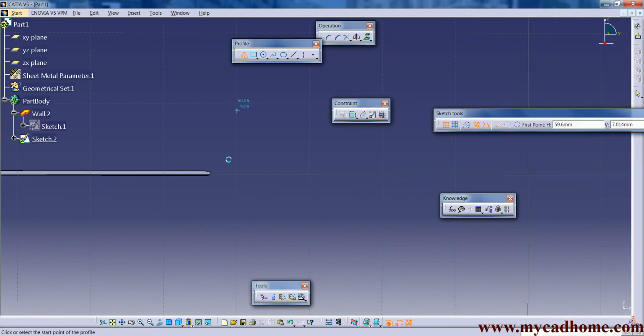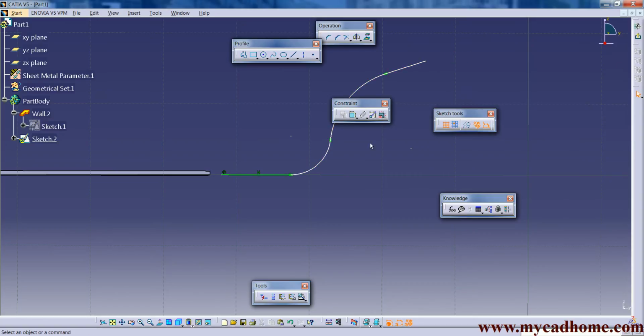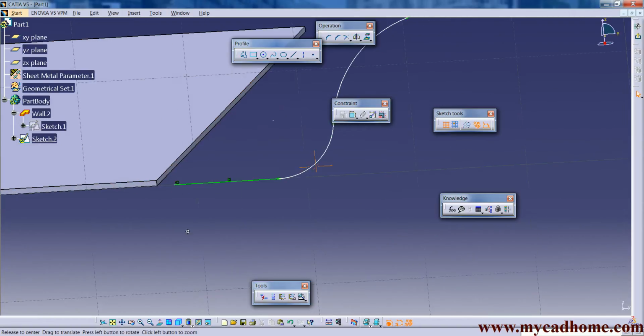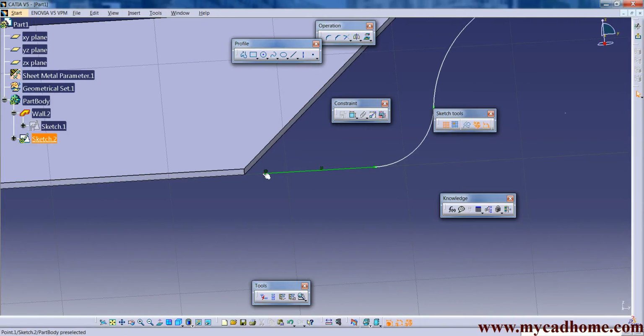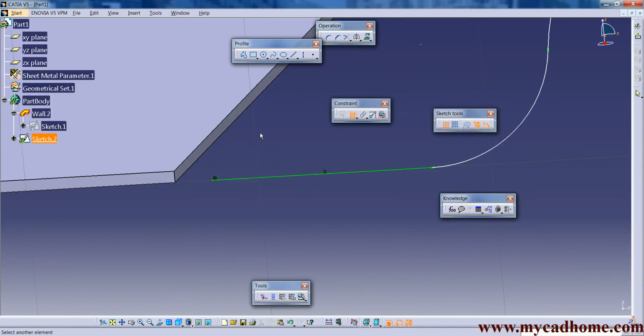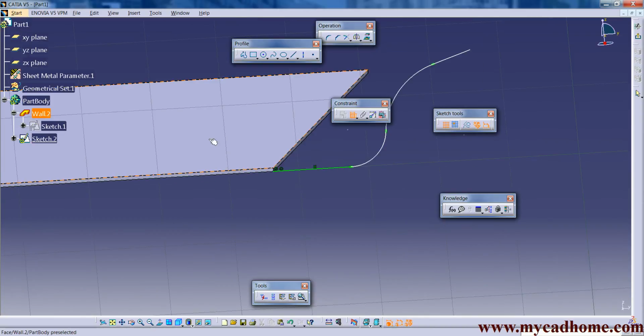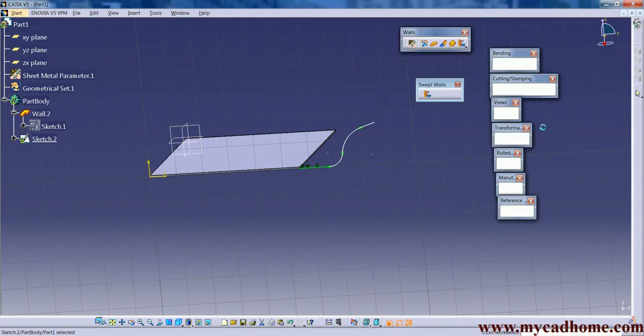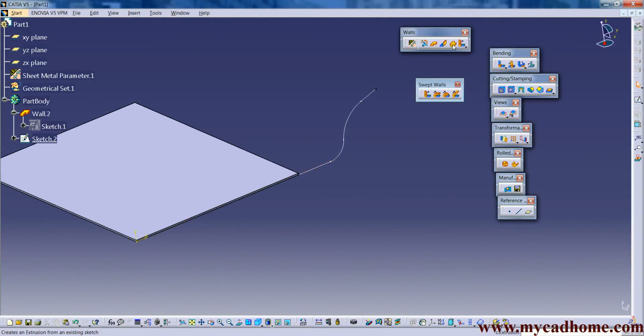Now make the profile. Which type of profile you want to create. And let my profile cross section be of this side. Now one thing more, you have to make sure that the sketch endpoint must be in contact with this. So let's make a constraint with these two points and this one face. Now the sketch is fully in contact with this part. Exit workbench. After that, go to extrusion.